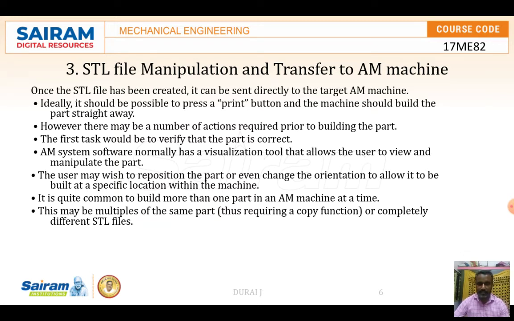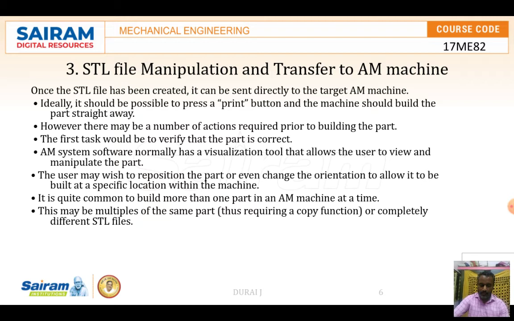Depending upon the technology, these steps start with repairing the errors within the STL file, such as gaps between the surface triangles and inverted normals on the wrong side. Now, the triangle facet has to be identified as the interior of the part.